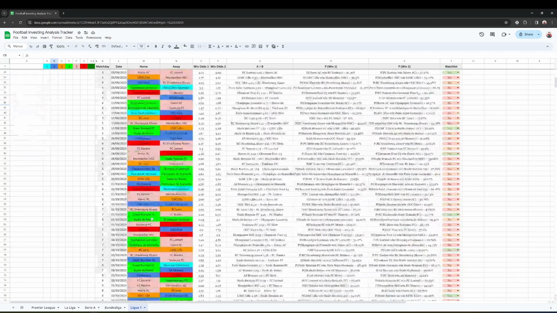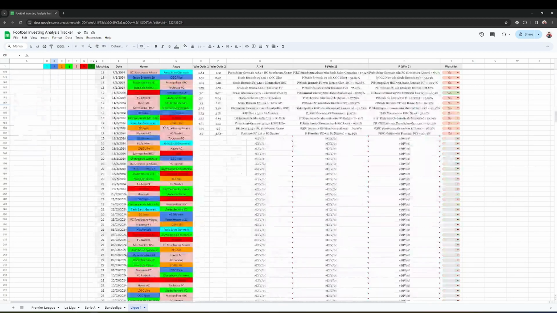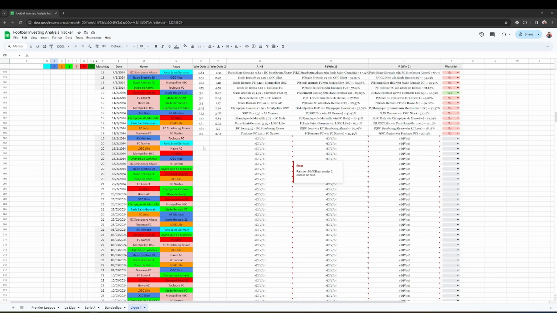And now Liga. So let's very quickly scan through those games. You know the story with Liga. It has to be something very clear in order to enter the market. Okay, first one,